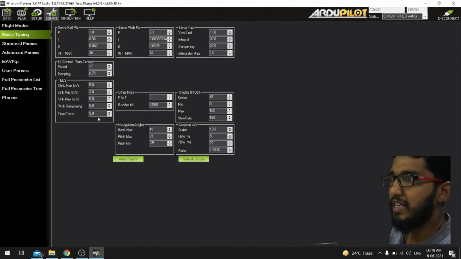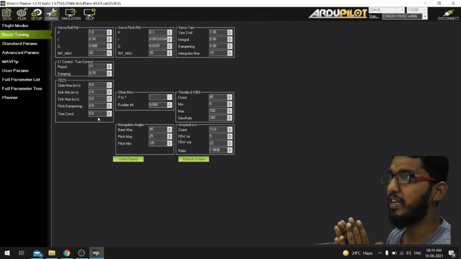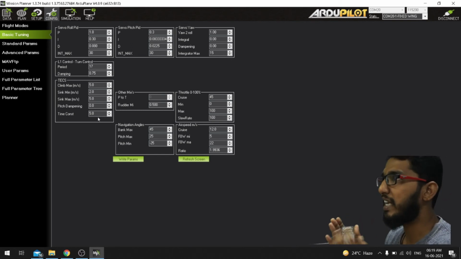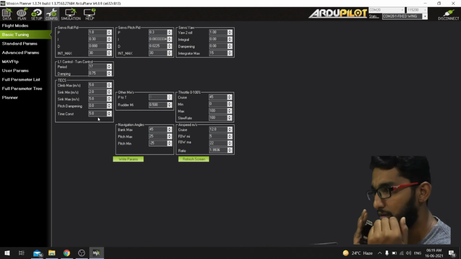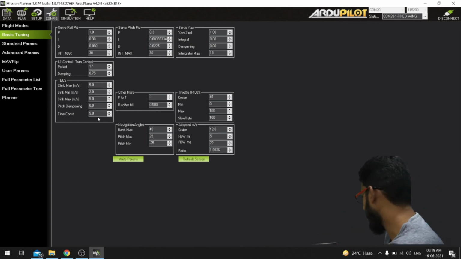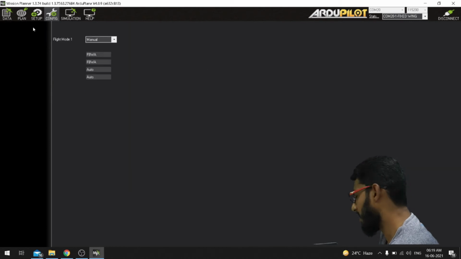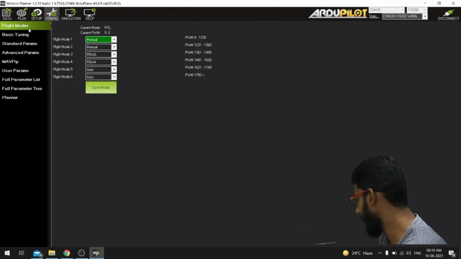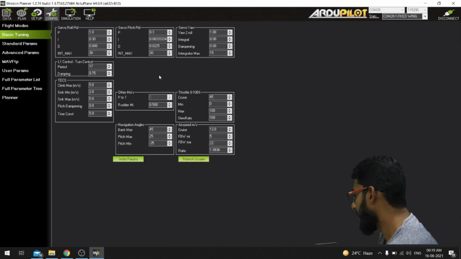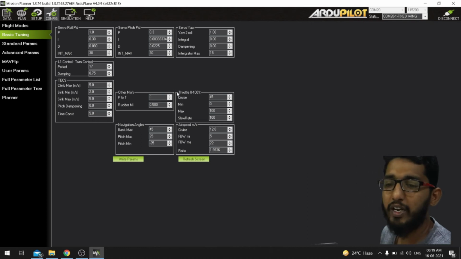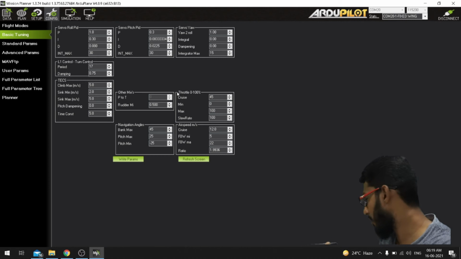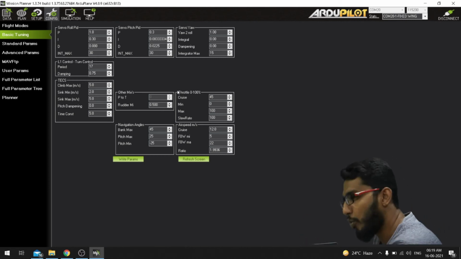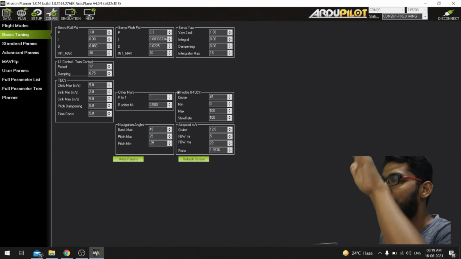The configurations tab is like the brain of the flight controller. I mean, it tunes, it tells everything to the flight controller. So here in the configurations tab, you will see flight modes again. It is similar to the previous tab. Basic tuning is one of the options where you can tune your aircraft. You can teach your aircraft or drone to learn PID values, roll, pitch, yaw, and all this stuff. So what rate my aircraft should climb and descend.